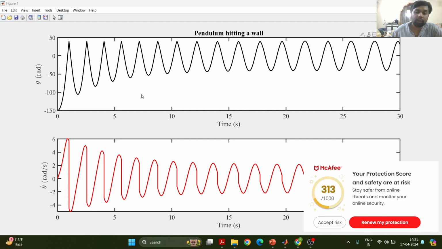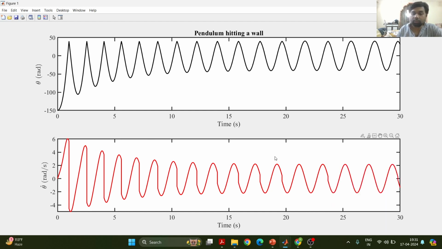So with respect to the vertical, magnitude-wise we will be reaching smaller and smaller maximum angles, and here we can see there are sharp changes in the angle, and then after a certain point we see that the